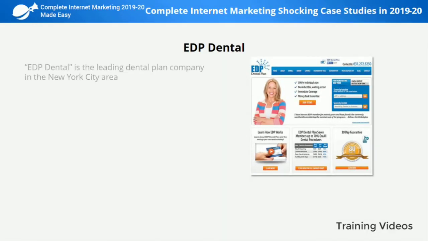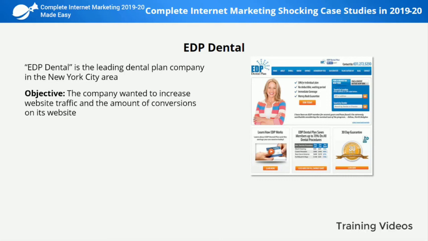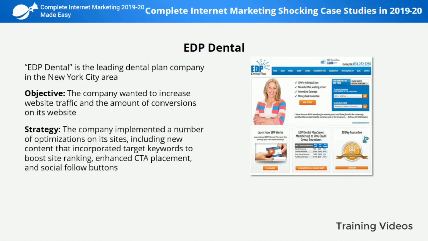EDP Dental. EDP Dental is the leading dental plan company in the New York City area. Objective. The company wanted to increase website traffic and the amount of conversions on its website. Strategy. The company implemented a number of optimizations on its sites, including new content that incorporated target keywords to boost site ranking, enhanced CTA placement, and social follow buttons.